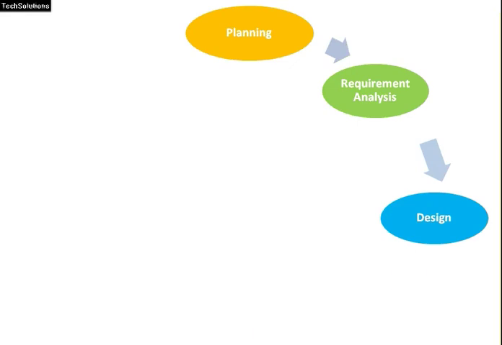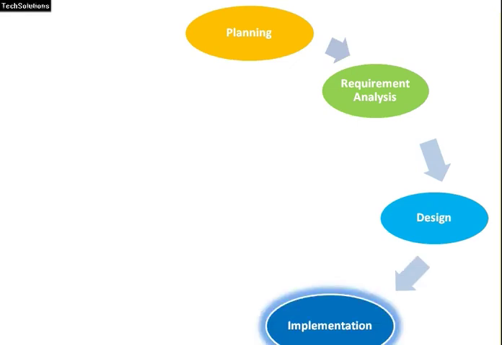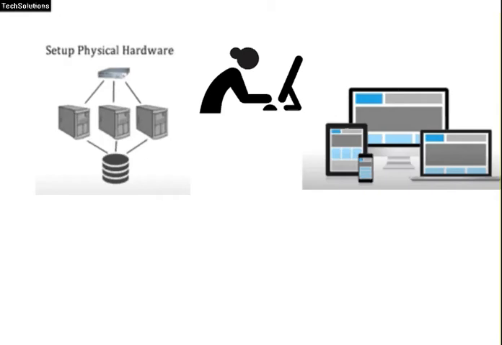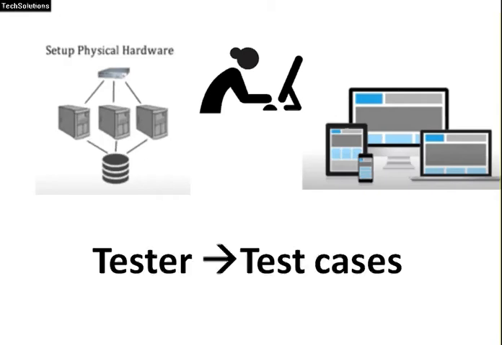Next is implementation and coding the application. The operations teams set up physical hardware for servers, developers start writing code, designers continue planning the user interface, and testers analyze the plan while designing test cases. If they find something here doesn't make sense, they help redesign fundamental flaws in the early stages of the